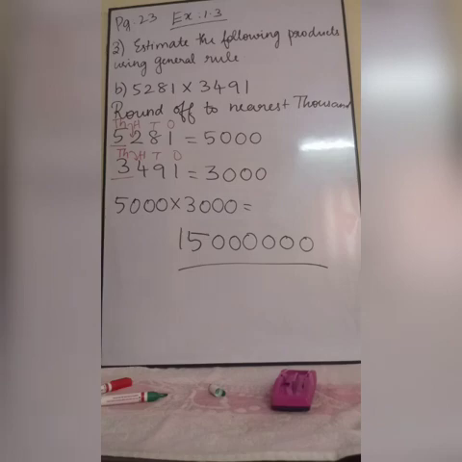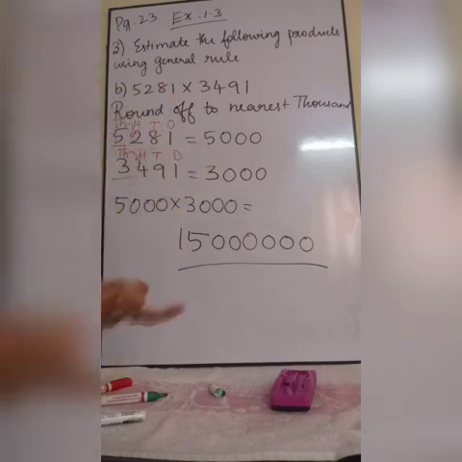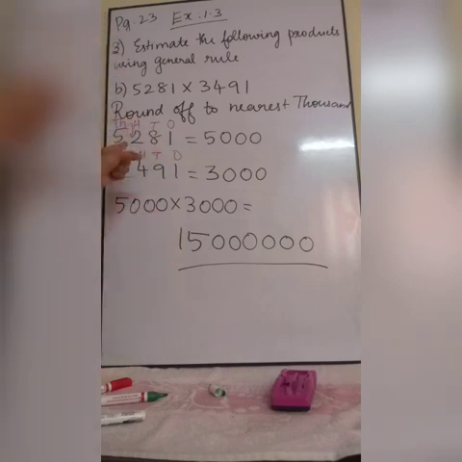Then listen, C and D are your homework questions. Here they have given estimate using general rule. So we are using one rule based upon our question. But in the exam they will tell you which type of rounding to do, like for rough estimate and closure estimate. They will say that to find a rough estimate you should round to nearest hundreds, and to find the closure estimate you have to round to nearest tens. Like that they will mention. So if they mention, you should solve based upon that. Here they didn't give, that's why we are rounding off to nearest 1000 and finding the answer.